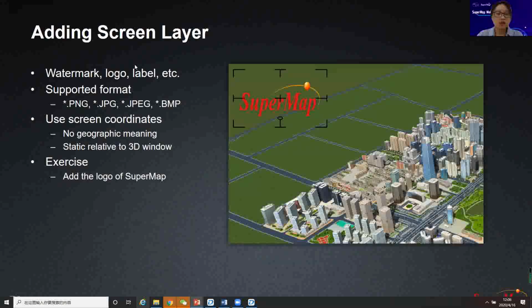So here is an example of the screen layer. It could be a watermark or logo or label, but this screen layer has no geographic meaning. And here we can try. We can open